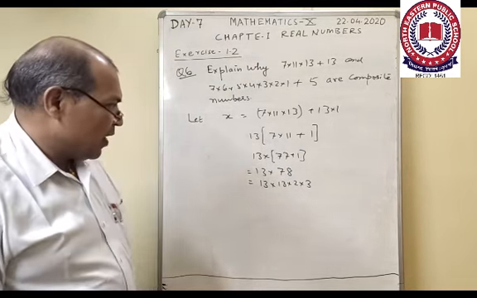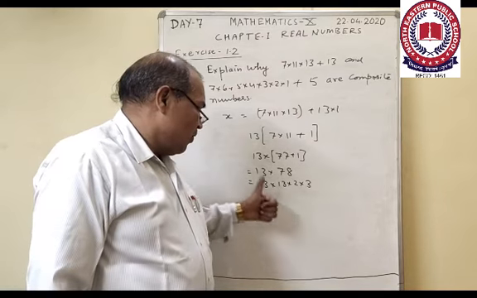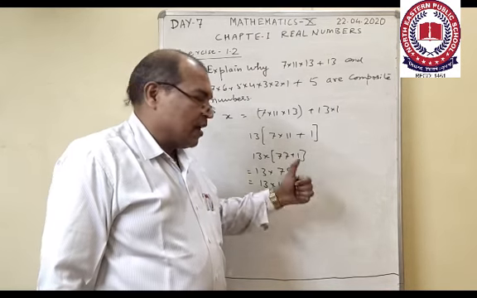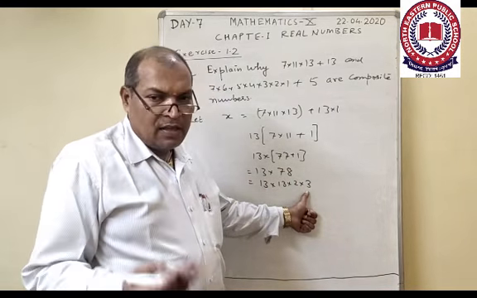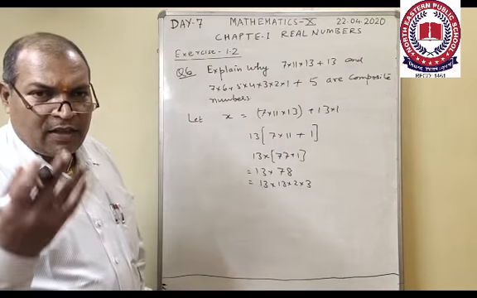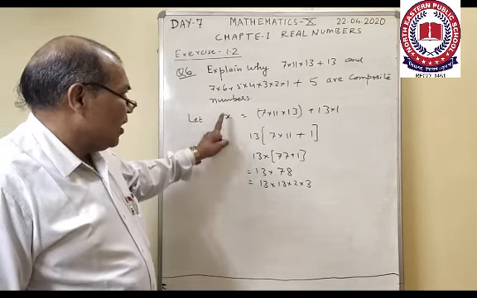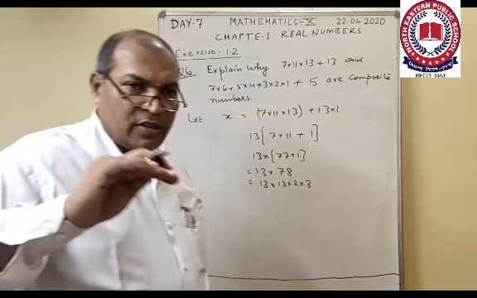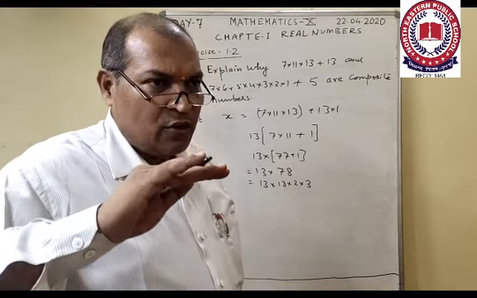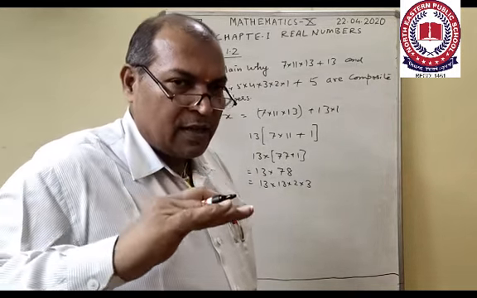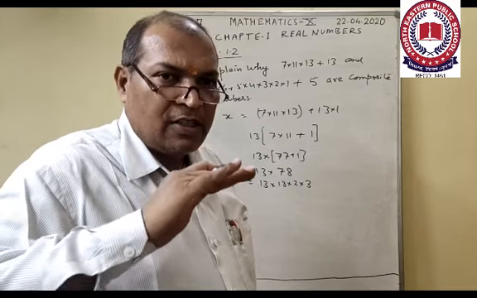So how many prime factors are coming? 13 is one prime factor, 2 is the second prime factor, and 3 is another prime factor. We are getting 3 different prime factors of this number. So as I told you, when any positive integer has minimum 2 prime factors, it is considered